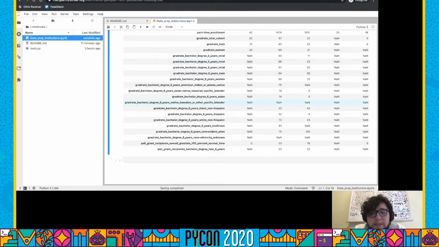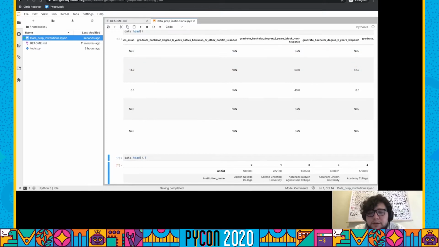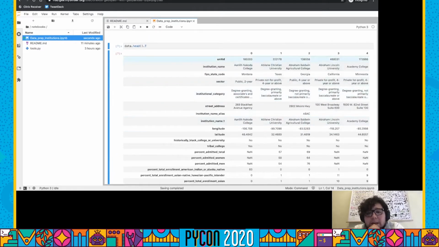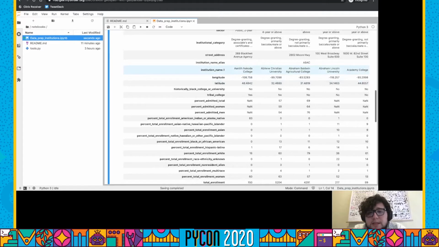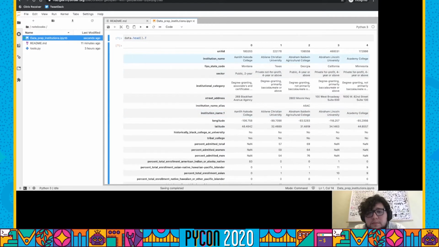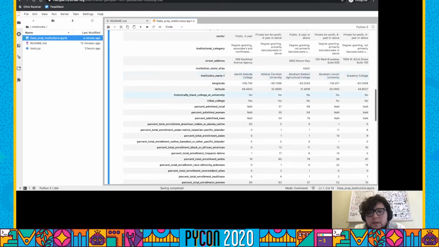Grad rate, bachelor degree, 6 years, native Hawaiian or other Pacific Islander. That one over here would have been, this is it, right? It's a little harder to read. So you'll see that we have the unit ID, the institution name, the state they're in, the sector, which includes whether they're public or private, and whether they're 2-year or 4-year or more. The institutional category, which we talked about a little bit, street address, institution name alias, so if they're known as something else, this is where it shows up. Institution name, it seems that we have a duplicate column, and pandas does this automatically. We'll just add a .1 to differentiate. Longitude, latitude,